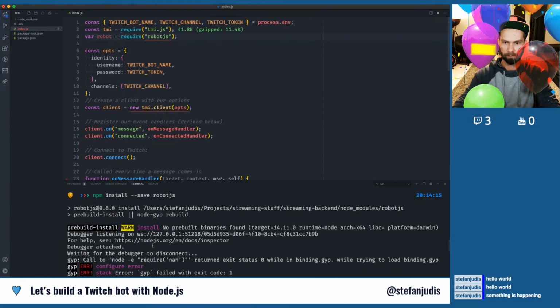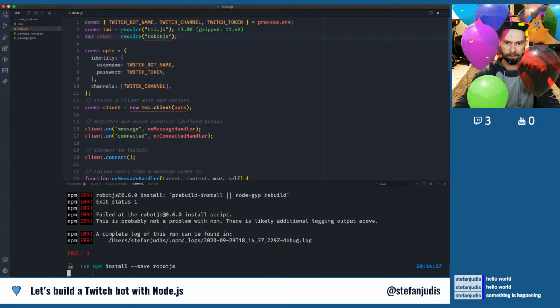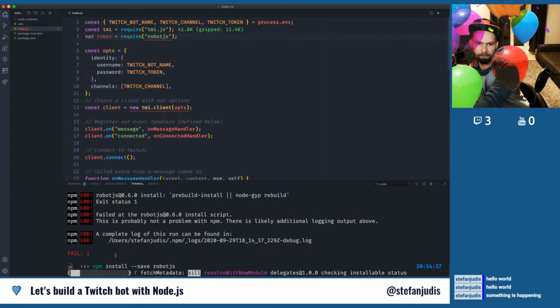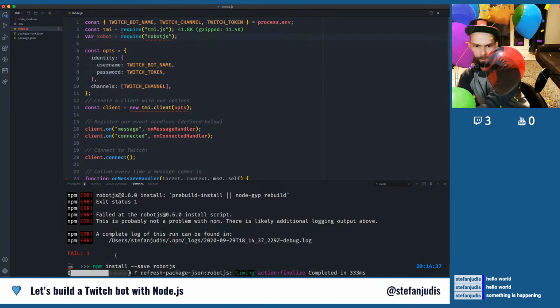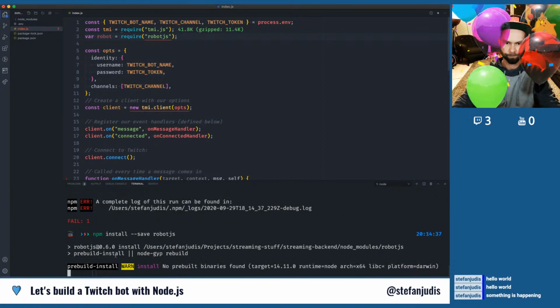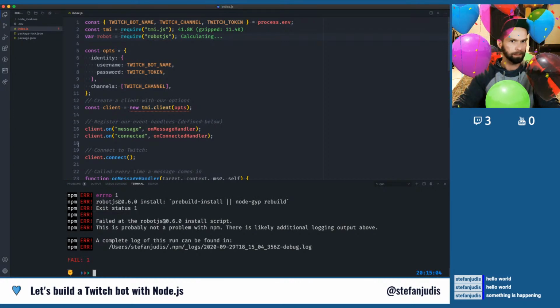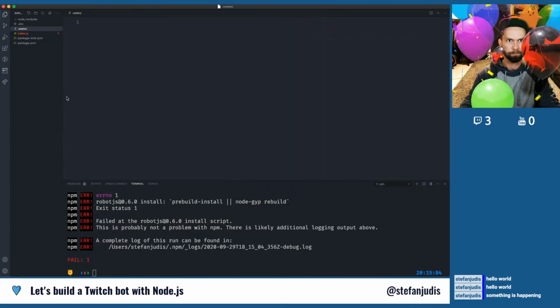Failed to install. We just want to try it again here. Let's see. Failed to install. Come on, you can do it. Okay, still failing. So what I'm going to do now is create a new .nvmrc file, and